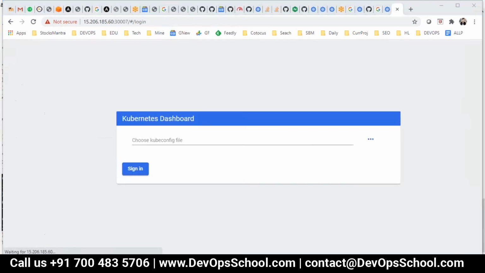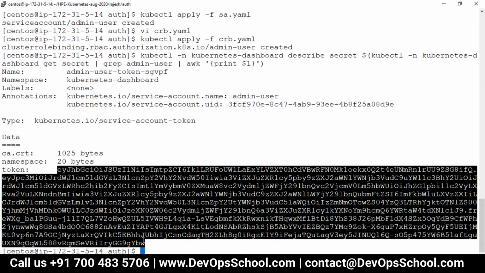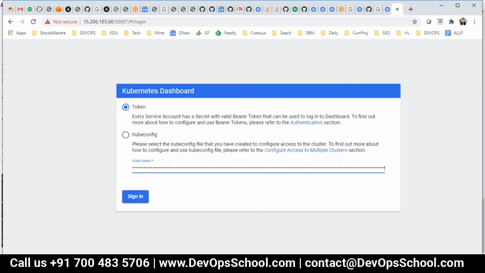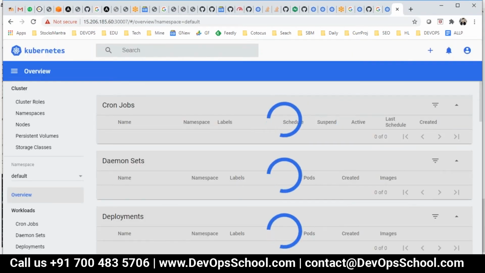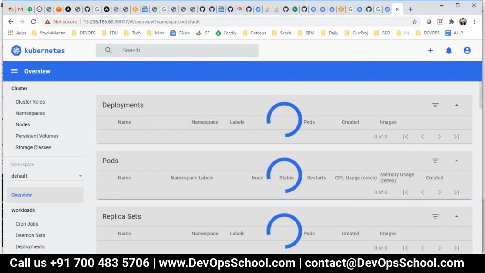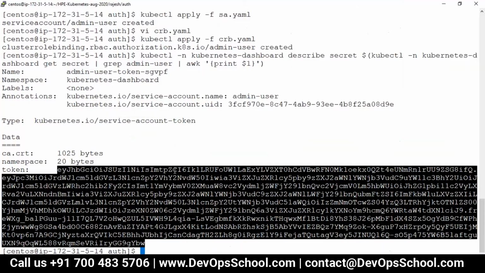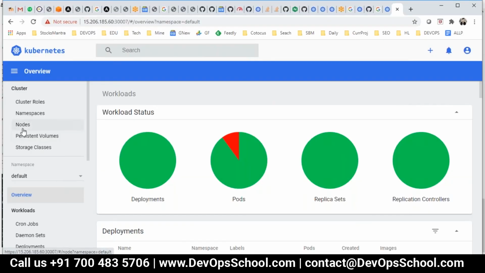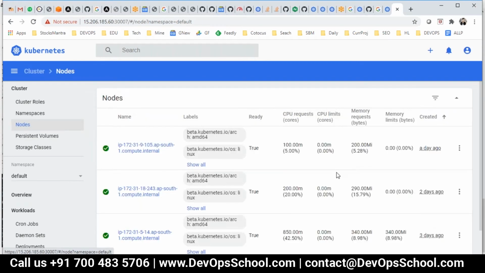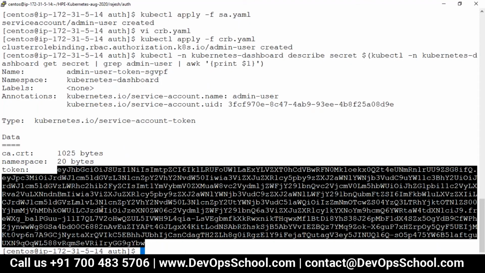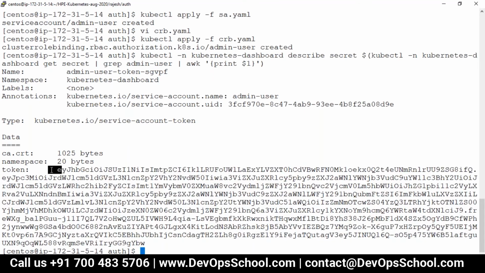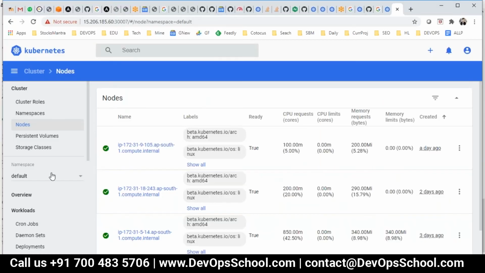Just a second. Wait a second. Maybe anything other than nodes, like can you see the pods? This made it complicated actually. These are recent changes. I don't know what the problem was last time. Now I got it. I copied the same thing last time, no? Maybe the extra space. Yeah, there's a space. So guys, the space is copied extra. So now you have this access.